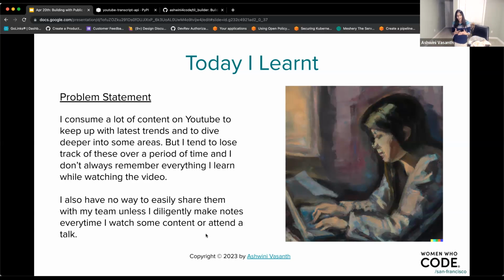The other problem I have is being able to communicate this to my team, right? Because usually when you are trying to research things, it's highly likely that you're doing this in the context of something you're building as a team. And in our context, this team could actually be just the Women Who Code group over here. Now, we want to be able to easily share with each other what we've learned.